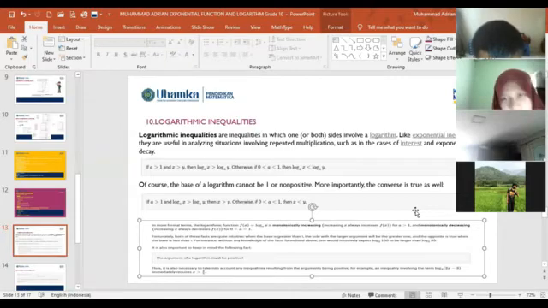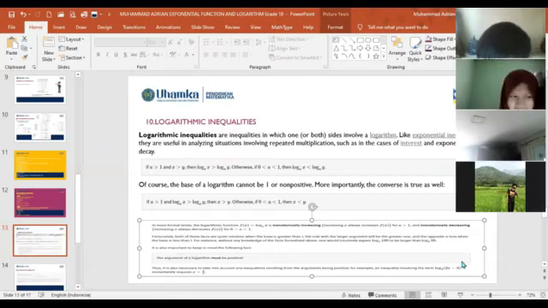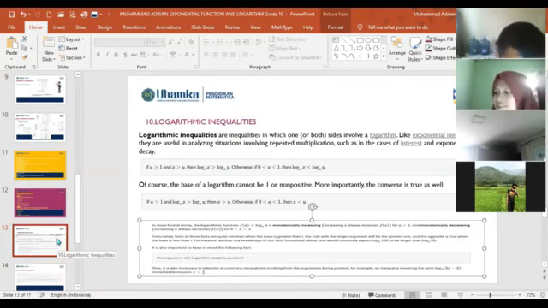It's also important to keep in mind the following fact. The argument of a logarithm must be positive, thus it's also necessary to take into account any inequality resulting from the argument being positive. For example, an inequality involving the term log 2 of 2x minus 3 immediately requires x bigger than 3 divided by 2.